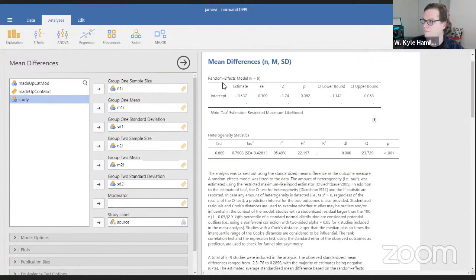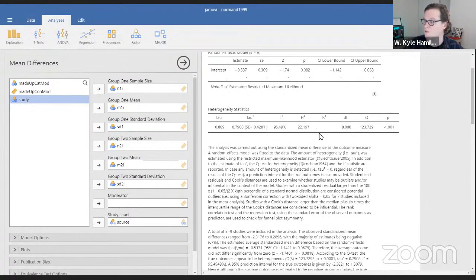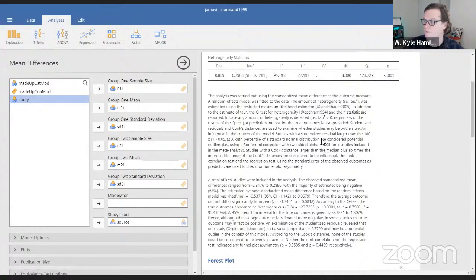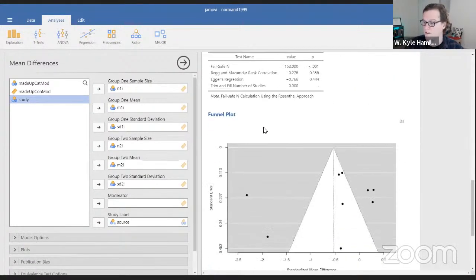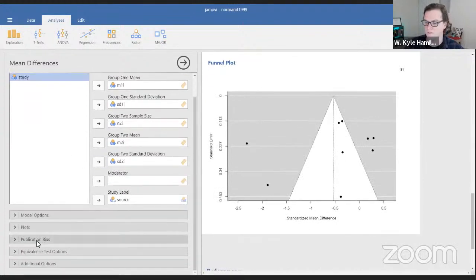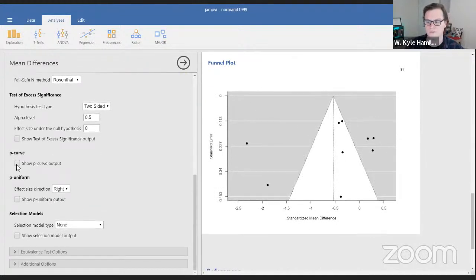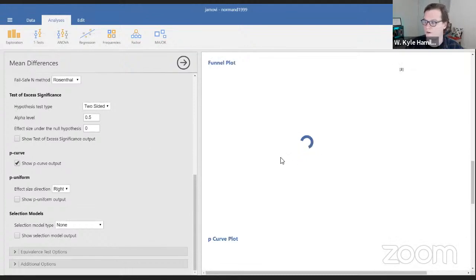We have our model, which tells us how many studies we had, our estimate for the intercept, our p-value, our confidence intervals, all of our heterogeneity statistics. Also, we learned earlier about the reporter function from metafor, which is also partially implemented into this, giving you a text output of what your results mean. We have our plots, our publication bias assessments, and if we scroll down, we can see we can make lots of changes. For example, we can show our p-curve output,